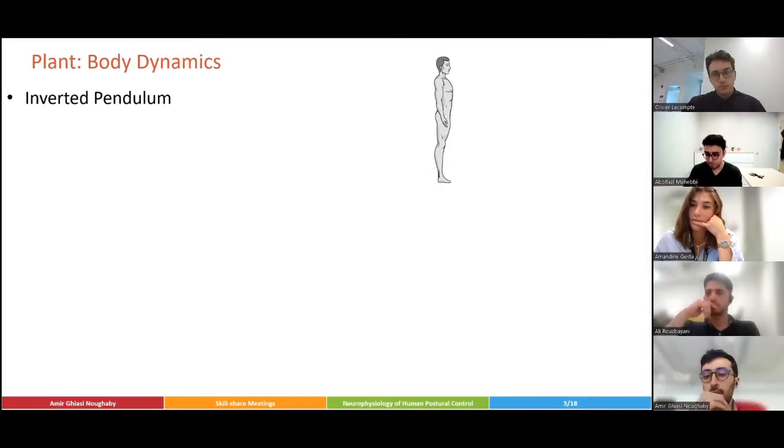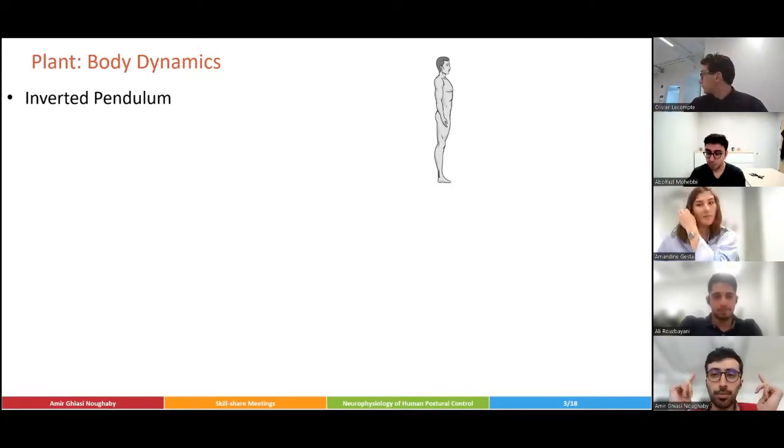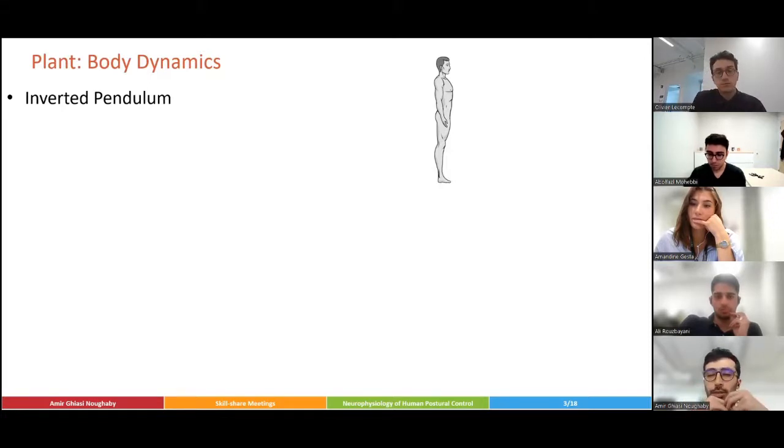not for running, because in running sometimes we have no contact between the human body and the surface, but when we are in gait, for example in different phases like the stance phase or the other phase, I don't remember its name. Swing phase. Yeah, the swing phase. It is also an inverted pendulum, but in a more complex model, in my opinion,